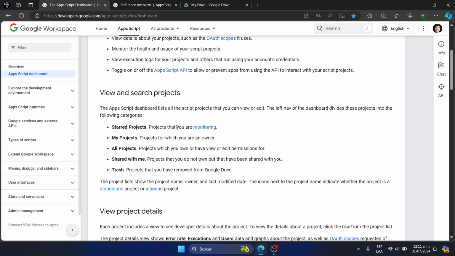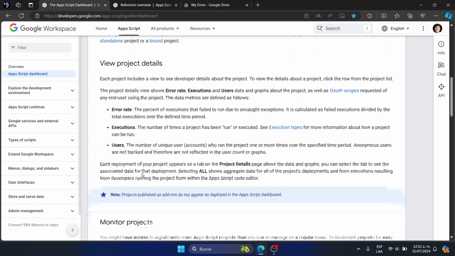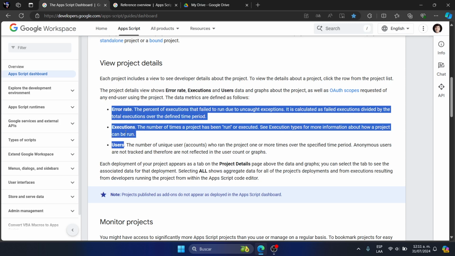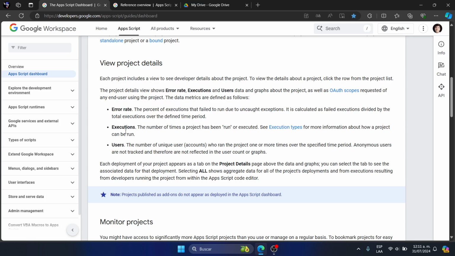But on view and search projects, we can star projects just to see them in the main view and access them very quickly. We can see our projects, the shared projects, or projects that are shared with us, and the trash can. And obviously the project details have the following properties. The error rate is the percent of executions that failed when we run a code, and the executions is